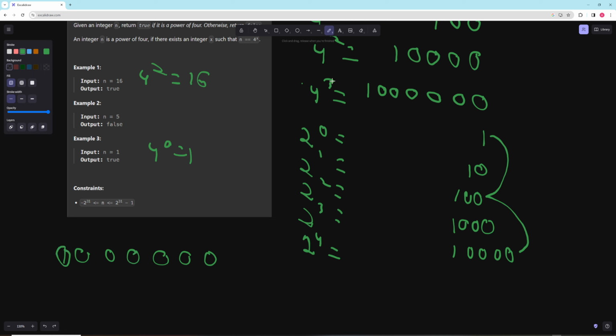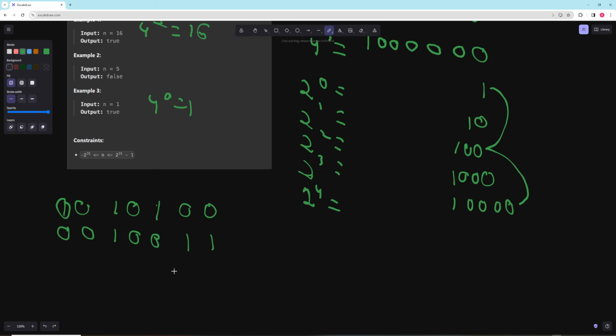Let's try a few more. Let's say we have something like this. But the basic idea is anytime you have more than one 1 in the number, when you subtract 1, you're going to keep a 1, no matter what. If the number is not a power of 2, if you have more than one 1, by definition you're either going to get rid of one of the ones or you're going to borrow from one of the ones, but your leftmost one will stay a 1. So this minus 1 would be something like 0, 1, 1, and you're still keeping this one, so this is non-zero. So essentially, the way to test if it's a power of 2 is n AND n minus 1